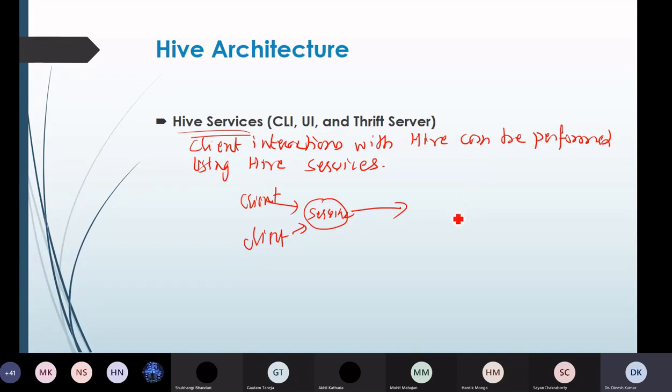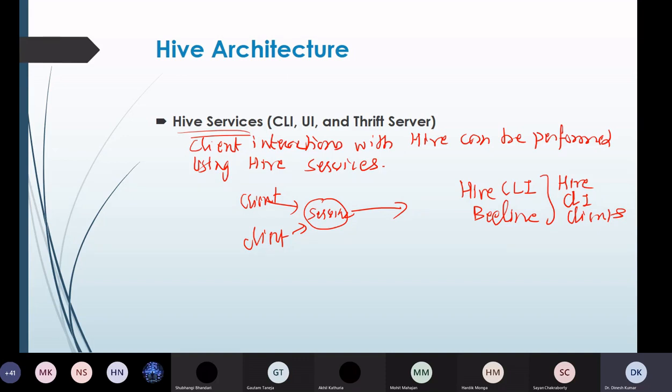Now, there are two types of Hive clients, or you can say Hive services clients. One is called Hive CLI and the second is called Beeline. Hive CLI is the command line interface for running DDL operations. All drivers communicate with the Hive servers and the main driver in the Hive server services.